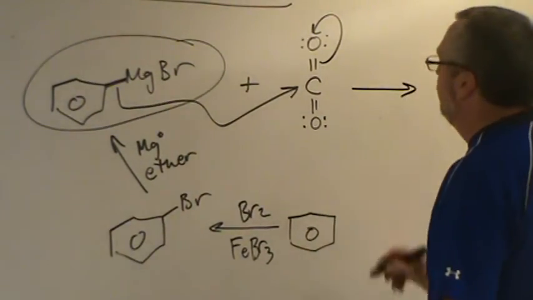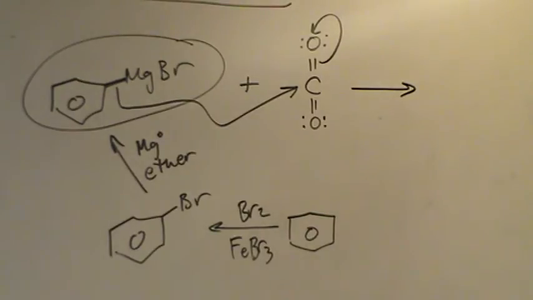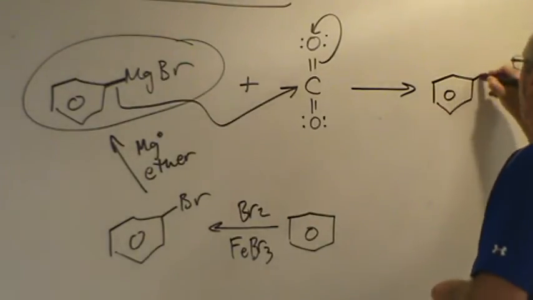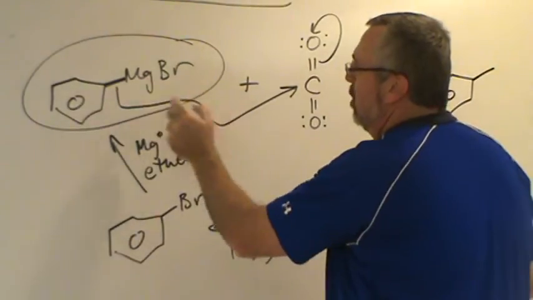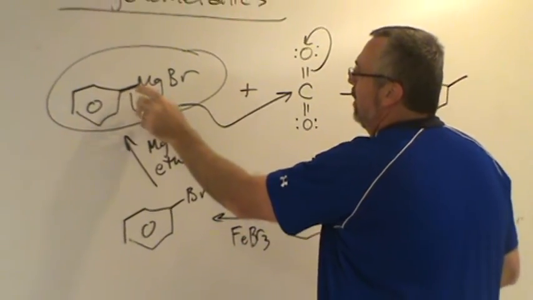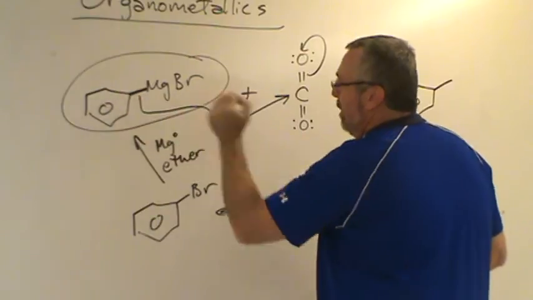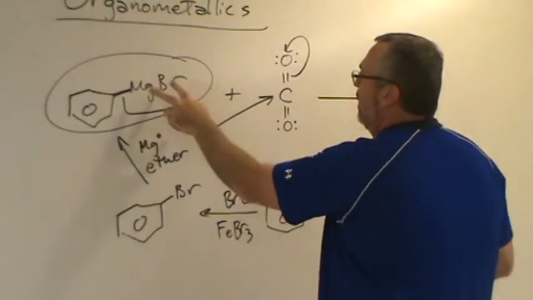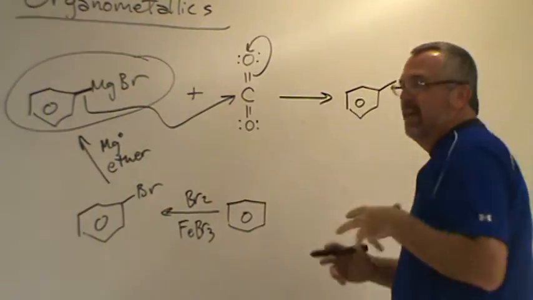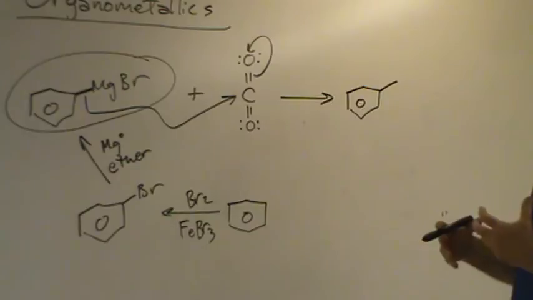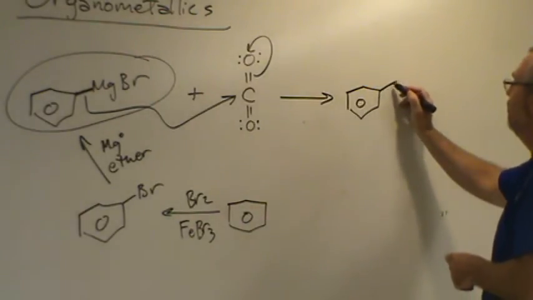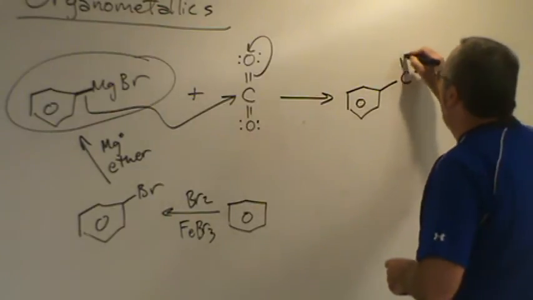What's the result? Number one, this is going to be pretty much an irreversible reaction, like a lot of reactions of organometallics. My benzene ring, my phenyl substituent, is no longer attached to the magnesium bromide. When I take those two electrons, I'm taking them as part of that carbon because that carbon really owns those electrons much more so than the metal. And so what's left behind is just a magnesium cation, a counter cation, a spectator ion, which is just floating around and watching. The carbon took the two electrons and attacked the dry ice,